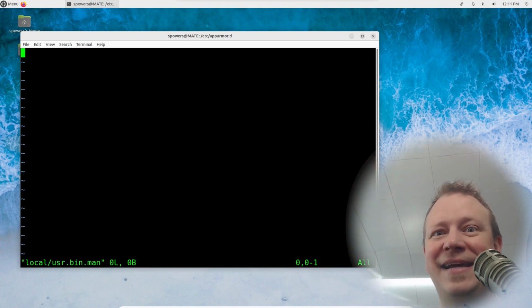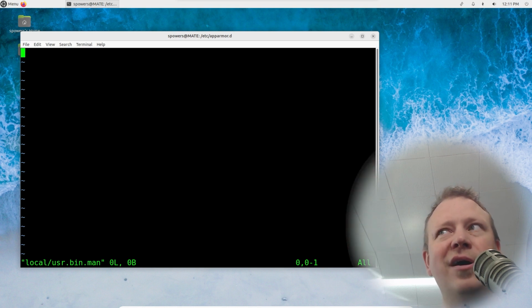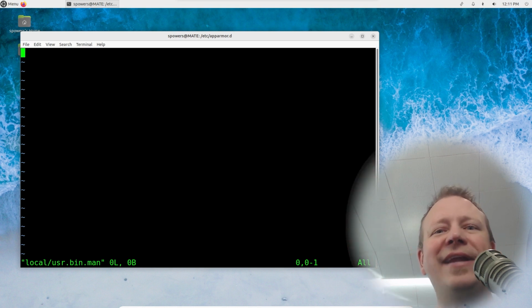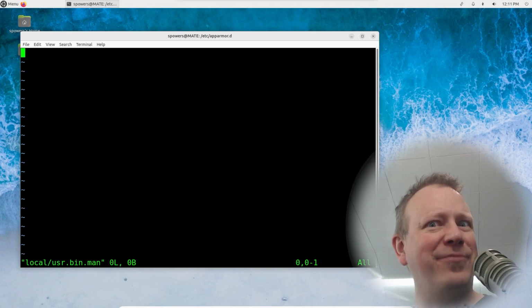So it's going to allow it, and then it's going to find that deny in the profile, and it will set it to deny even if you have an allow in the local, because again, it does all of the allows and then all of the denies. So if you really need to undeny something, you're going to have to change that original profile. I hope that makes sense. It's a little bit confusing and not something you have to do, which I think is a really valid point.